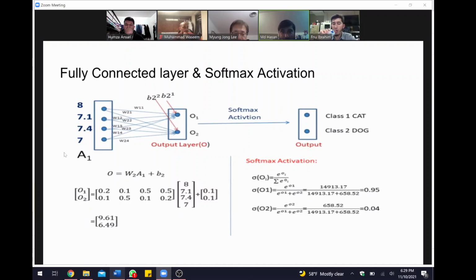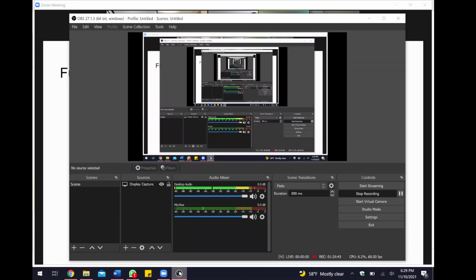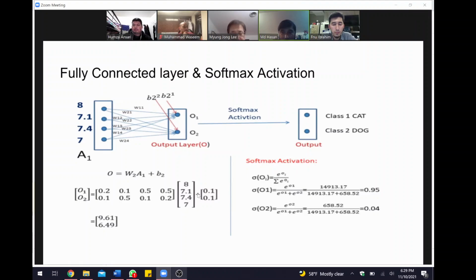The output layer is connected with a softmax activation function. The softmax activation function works in this fashion: whichever class has the highest probability, we choose as the final result. So especially here, we get this highest value, 0.95, and the lowest value, 0.4. So what does this mean? The highest value we chose for this